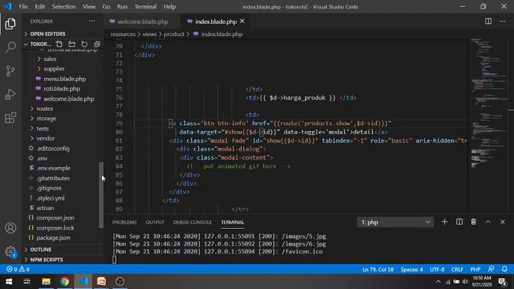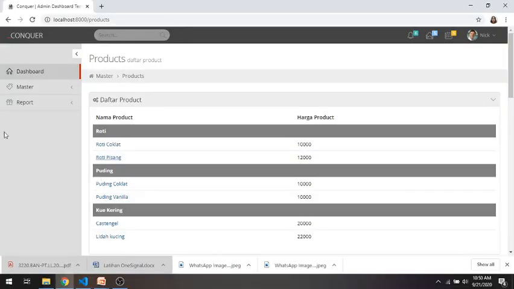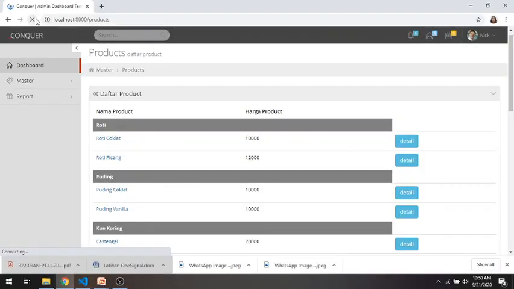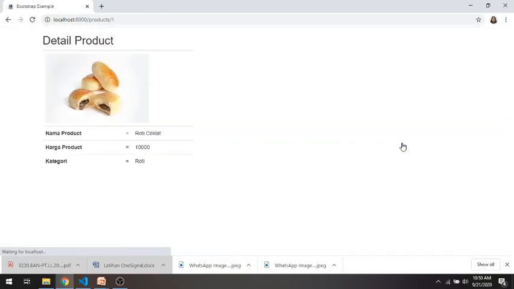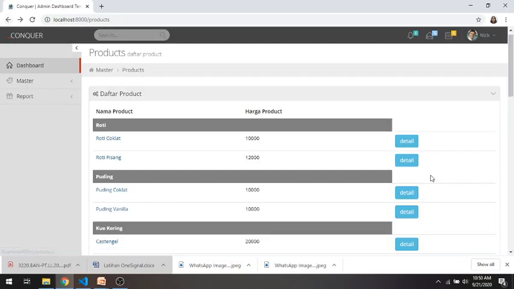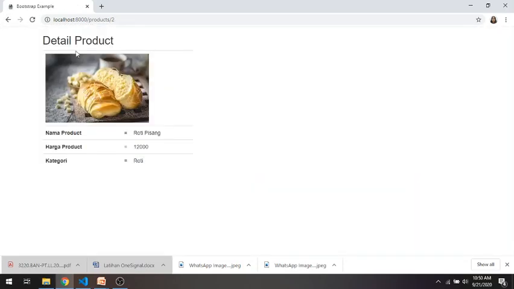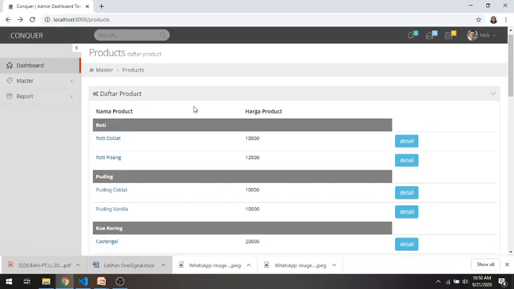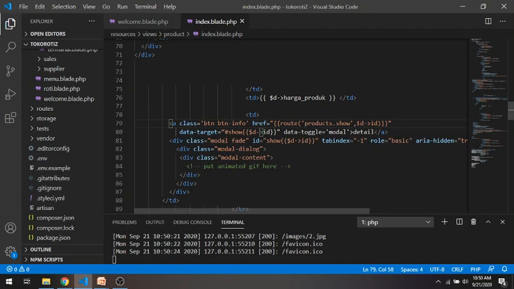Okay, we will try it. There is a data button here, and if we click, oh sorry, okay, there is a mistake here.